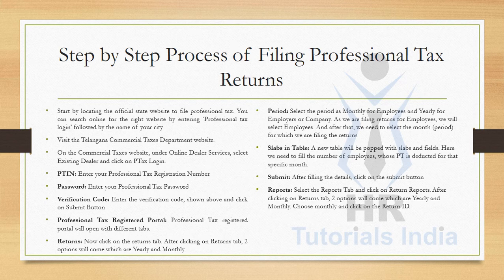After clicking on the returns tab, two options will be displayed which are yearly and monthly. Choose the monthly option. Once we select the monthly option, a list of return IDs will be displayed with respect to the months and years of previous and current professional tax filings. So, with respect to the month which the professional tax is paid and return is filed, click on the return